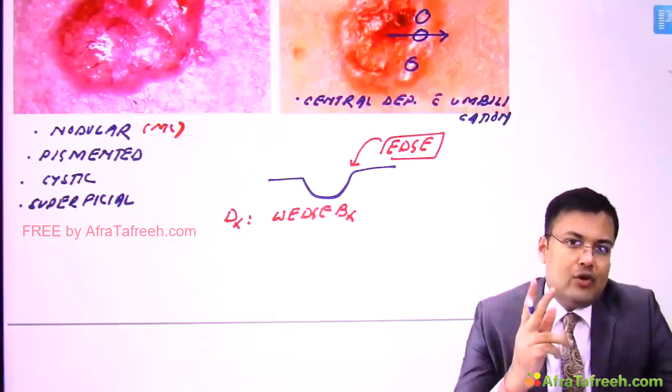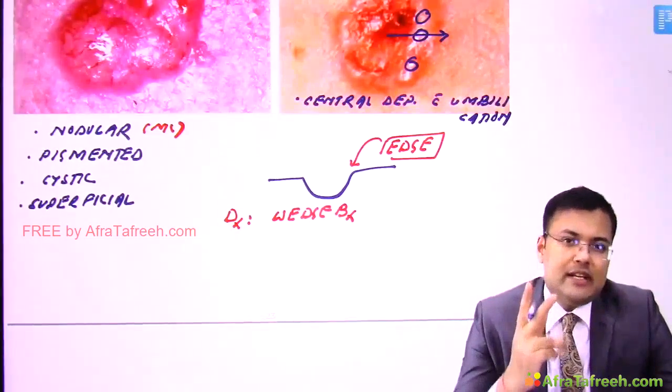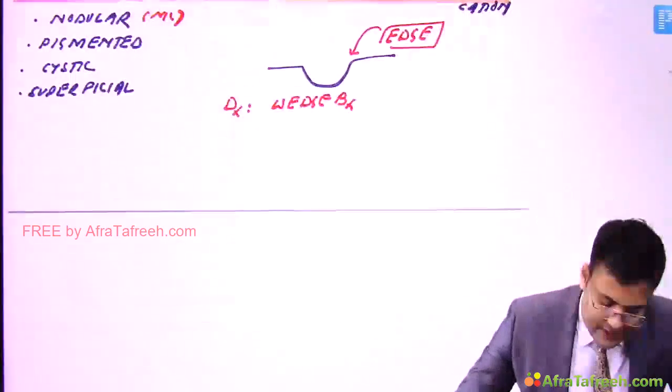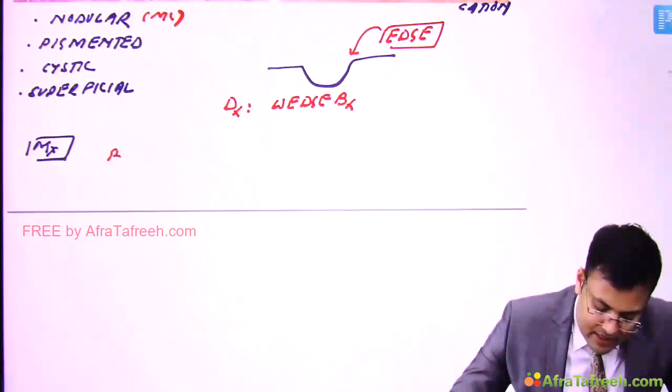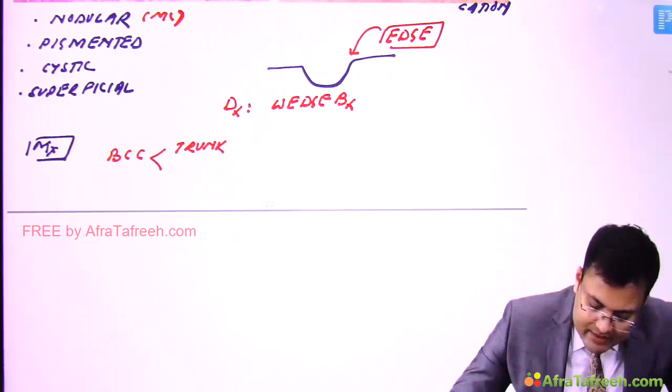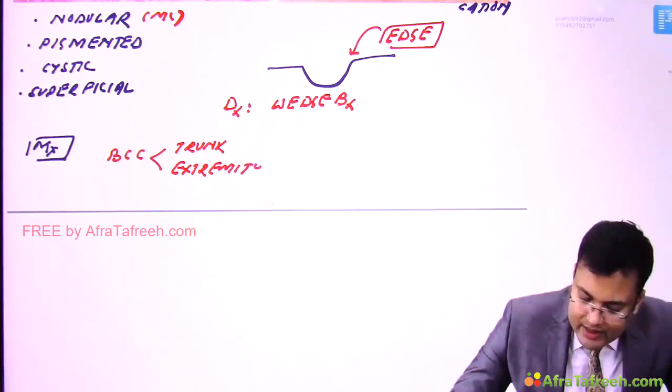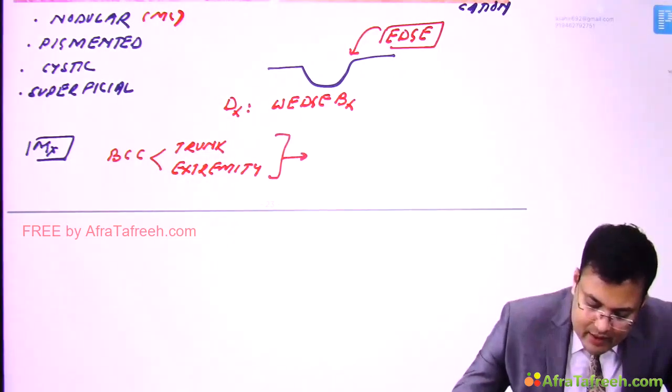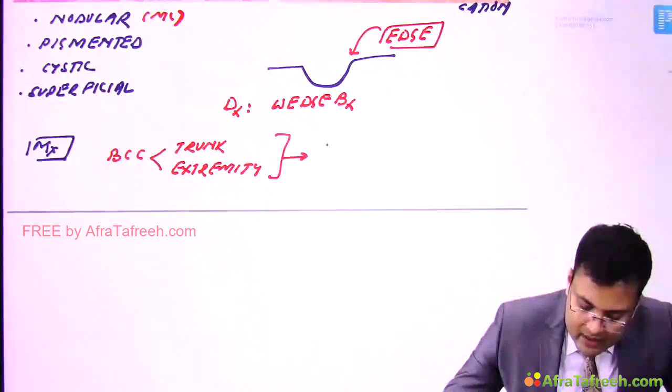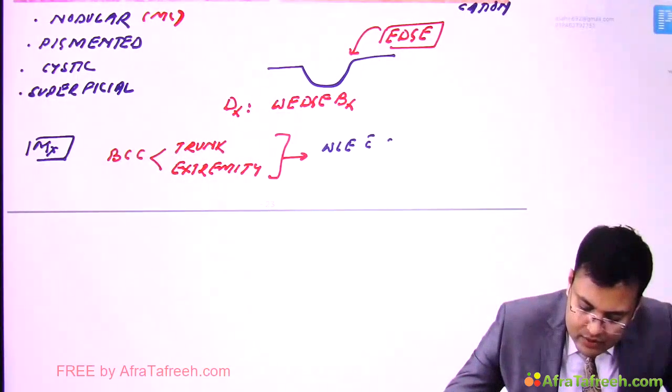We discussed that in basal cell carcinoma, squamous cell carcinoma, malignant melanoma, soft tissue sarcoma, what we do? We go for wide local excision, and how much margin? Generally we take 2 cm. So usually, see the management. If the basal cell carcinoma is involving trunk or extremity, in these cases we go for wide local excision with 2 cm margin. Clear?